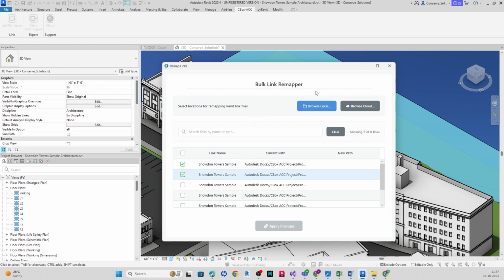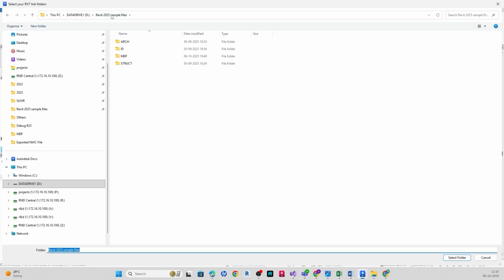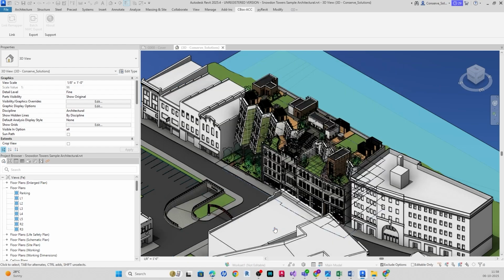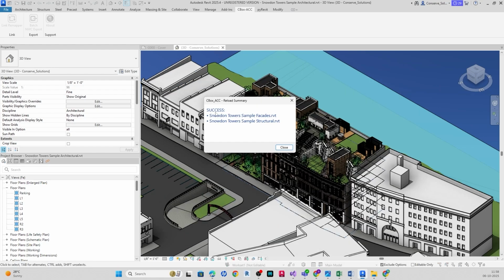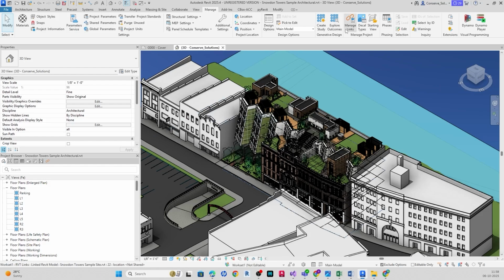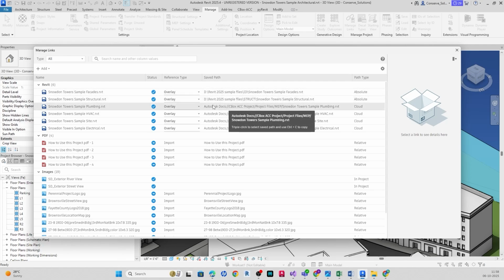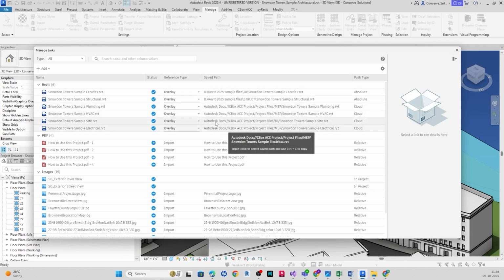Then you need to select the file location, locate the files. Just locating the facade and the structural part, you need to select the folder here. So you can see the locations of the new path, how it is going to be remapped. Once you click apply changes, it will load again. Okay, you can see the success here. Once you see the manage links, you can see these two files which are remapped to the local, and the rest, as we discussed before, are in our cloud storage. So this is how the LinkRemapper saves your time and